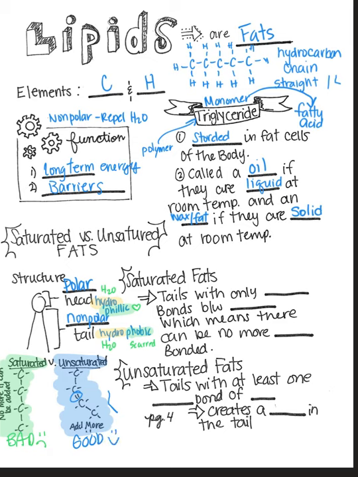So let's talk about saturated fats specifically. Saturated fats have tails with only single bonds. By single bonds, I mean that's a single bond. It's a bond between a carbon and a carbon. It's not a double bond. And I know we didn't go over double and single bonds, but it has to do with the number of